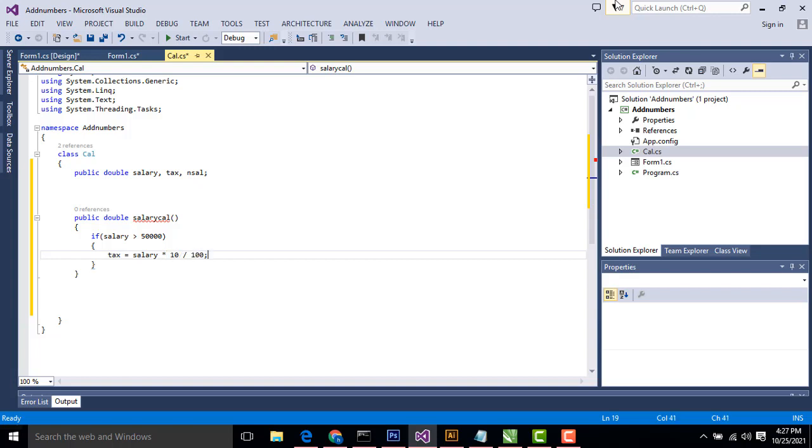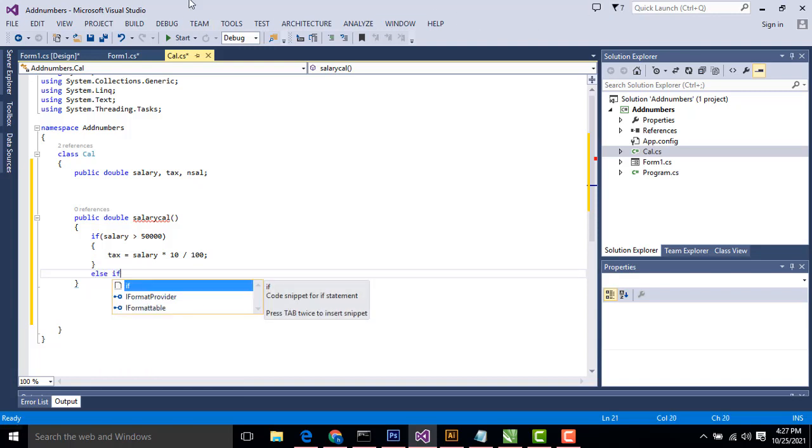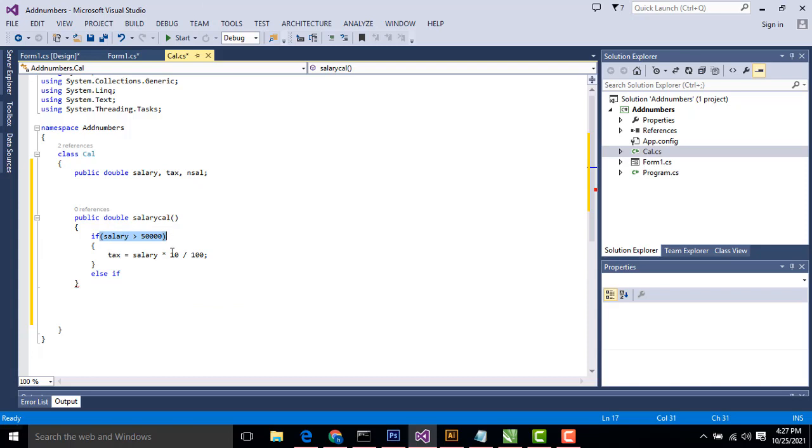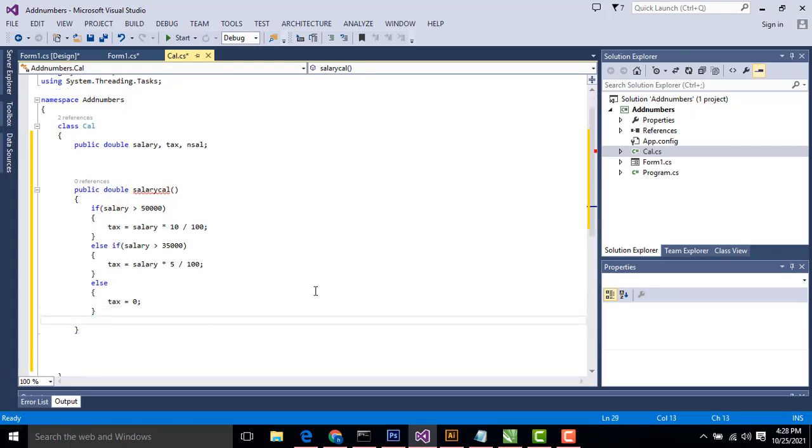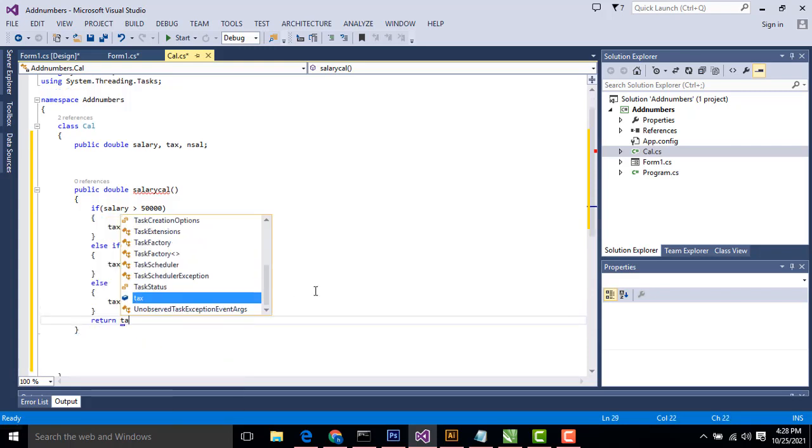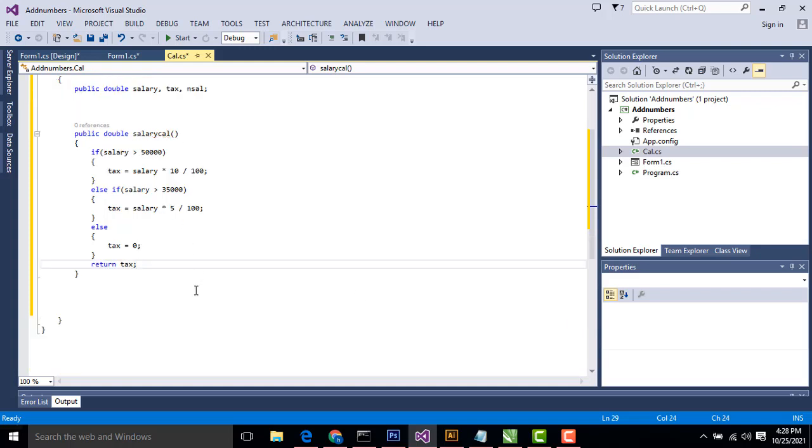Else if the salary is above 35,000, put 5% tax. Control C to copy, control V to paste over here, 5% tax. Else, tax equals 0, no tax included. So we have written the tax. That's the thing we have to do, right?